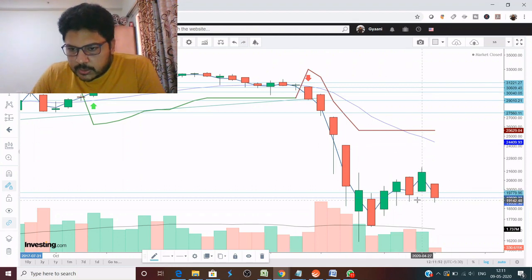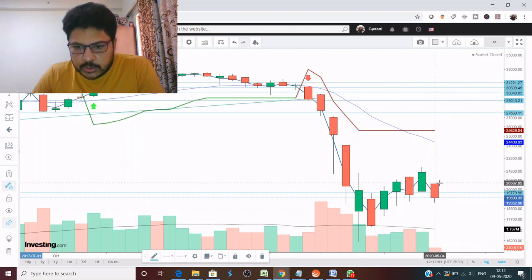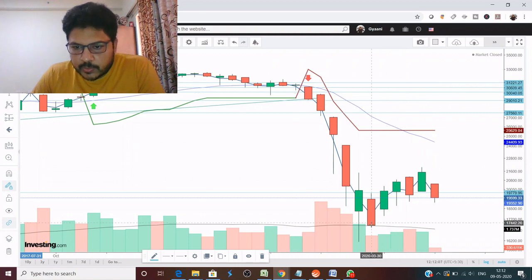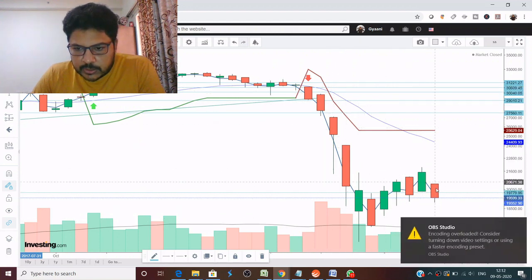Okay, so here the trend is bearish. The last week candle was a bullish candle, but now the low has been broken and the trend has become bearish. So we have to be on the selling side. The price is below the 200 period moving average and it is not moving up any further. It is below the super trend. So these indicators are also helping us to see the price is going down.